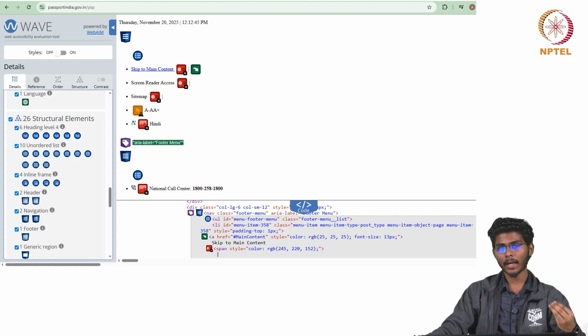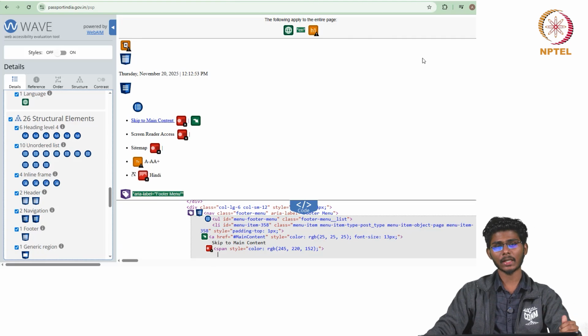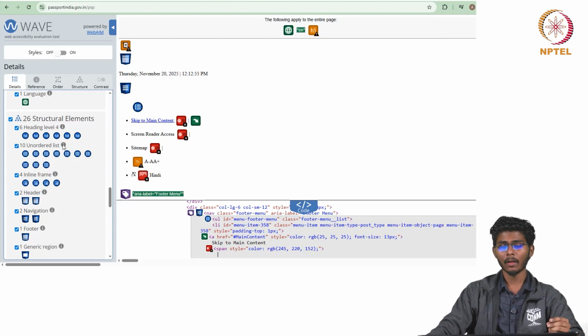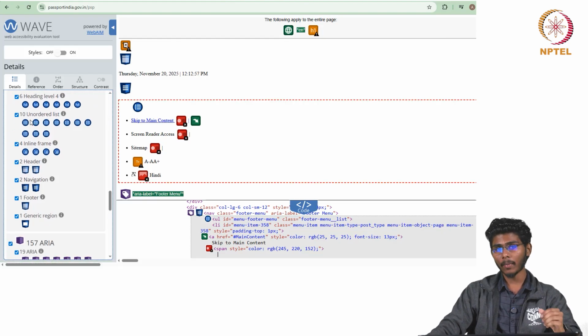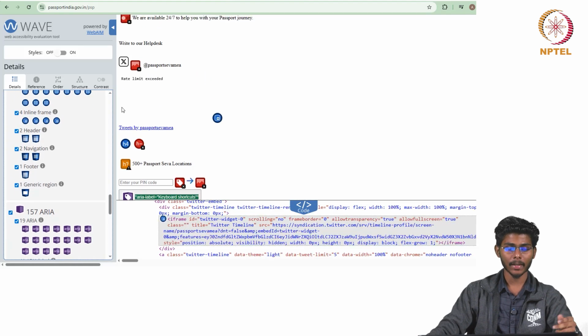For example, we can take the menu header, where the menu section has many options such as login, sign up, etc. Those all come under an unordered list. So, that is what it implies.